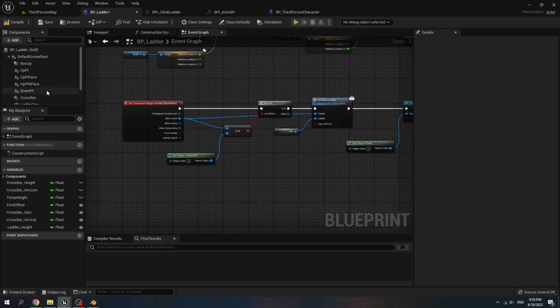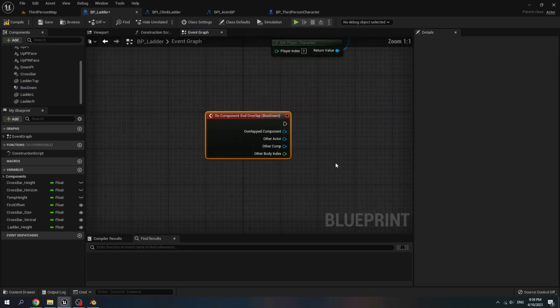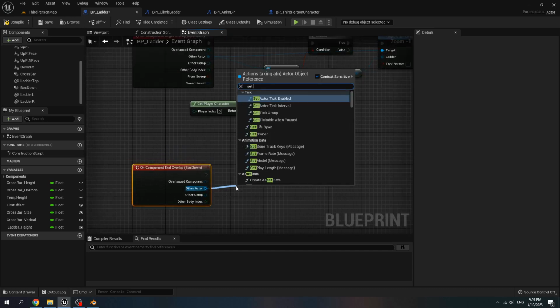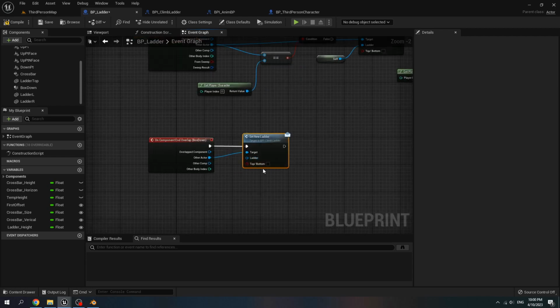Find our box down, scroll down to on component end overlap. When it's at the overlap, add the actor, set new ladder. We don't set any ladder. The top bottom is false.